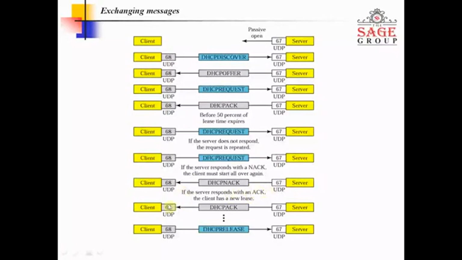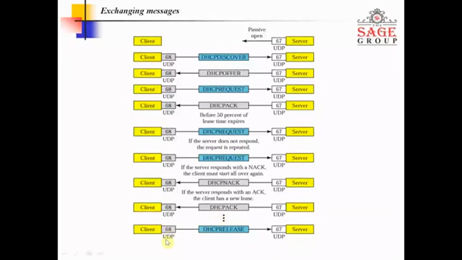When the negative acknowledgement is sent, it has a new lease connection and the server sends that packet. After some process, the client gets that acknowledgement and gets an IP address. Then you are ready to connect with your local area network, and you do your operation and your work is done.